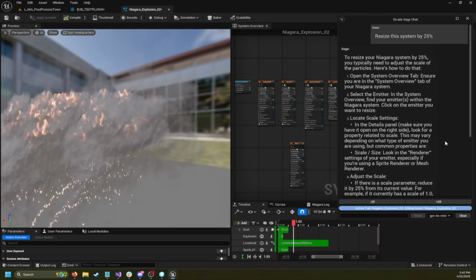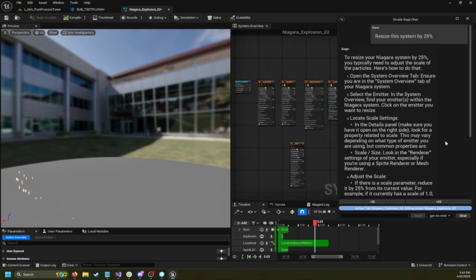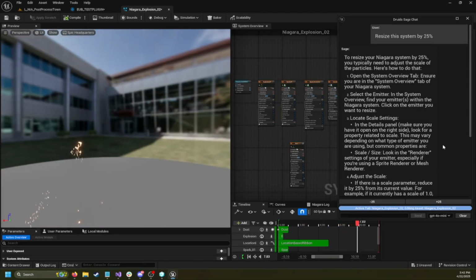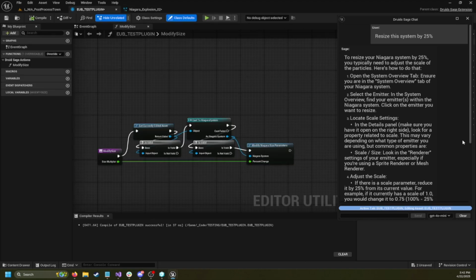And that's just a quick look at what we're doing here with Sage extensions. We're really excited to be rolling this out very soon to our partners. And extensions aren't just something that we at Druids can create. Any kind of blueprint, whether it's something you created yourself or something you got from the Fab Marketplace, can also be used with an extension as well as C++